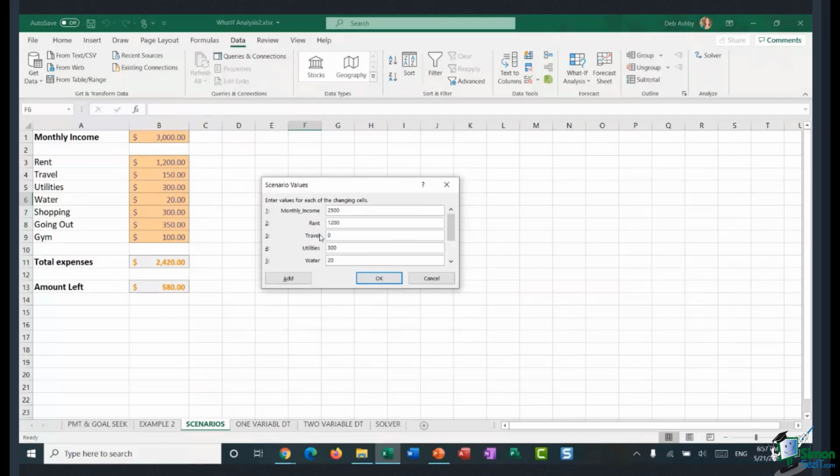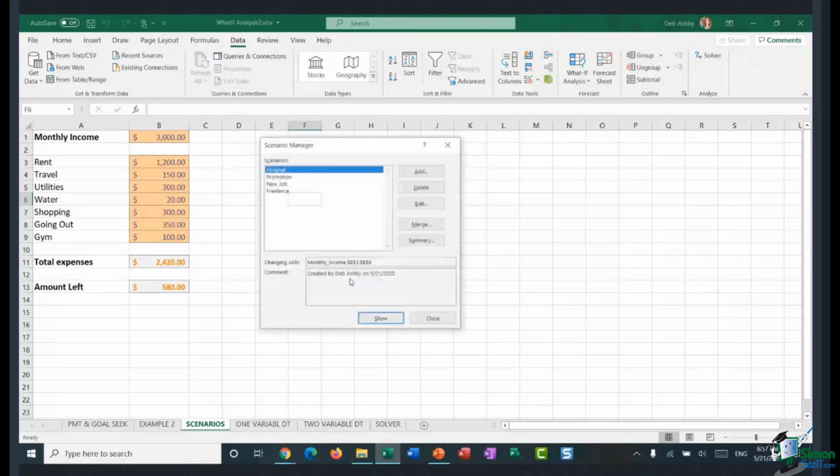That's going to be 0. My utilities, well, I'm actually going to put a lot of my utilities on my expenses. So let's put that down a bit to 200. And shopping, I'm going to try and be a bit more conservative when it comes to shopping, just while my business is getting going. So I'm going to say 150 there for shopping. Okay. And click on OK.